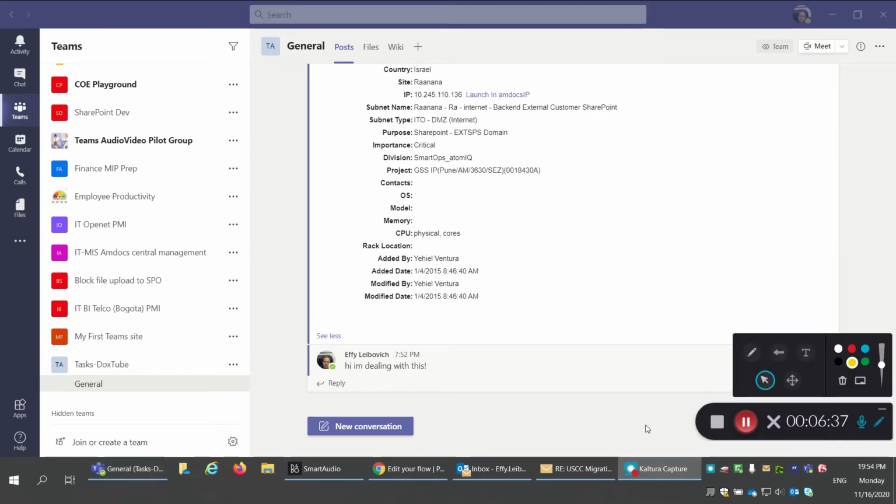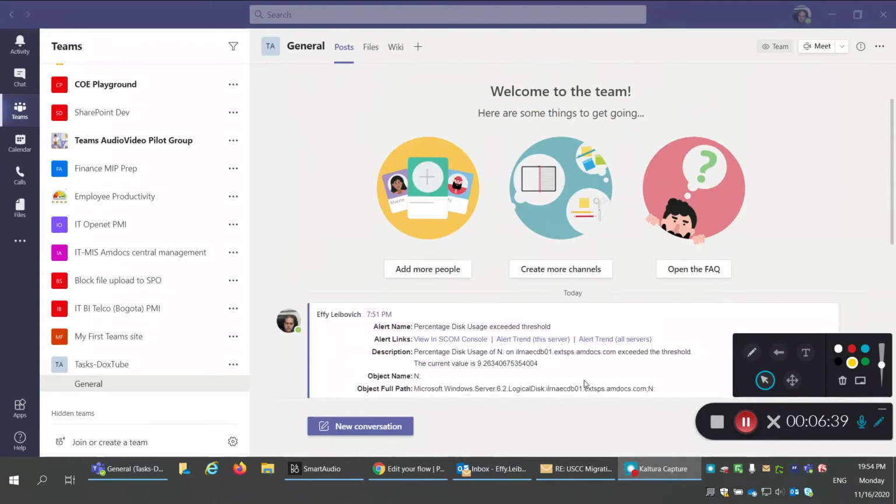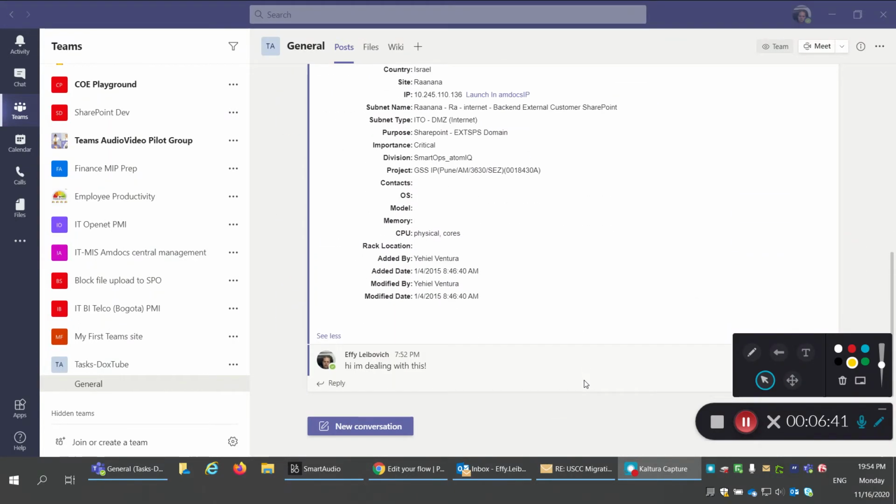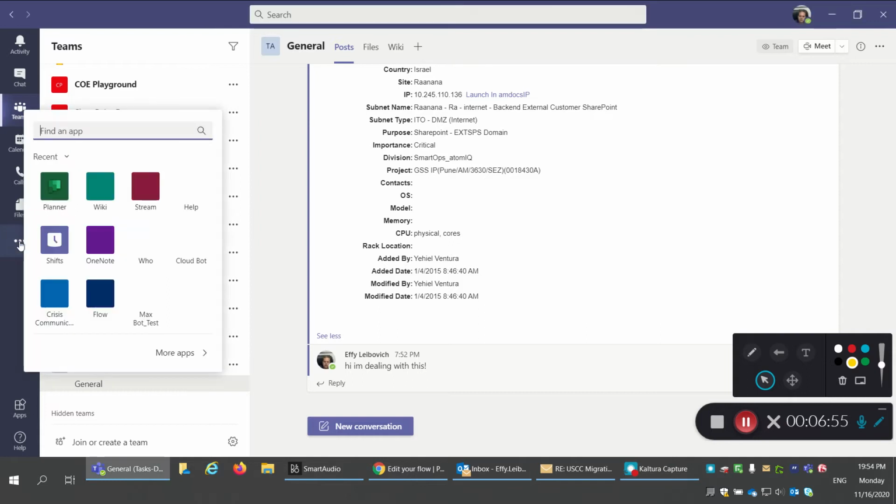Okay, so that was just one option. One option is just to put it as a new post conversation. Another thing we can do, and I'm going to do, is create a list, and the list will be an issue tracker list. So let's click here on the three dots, search for lists,